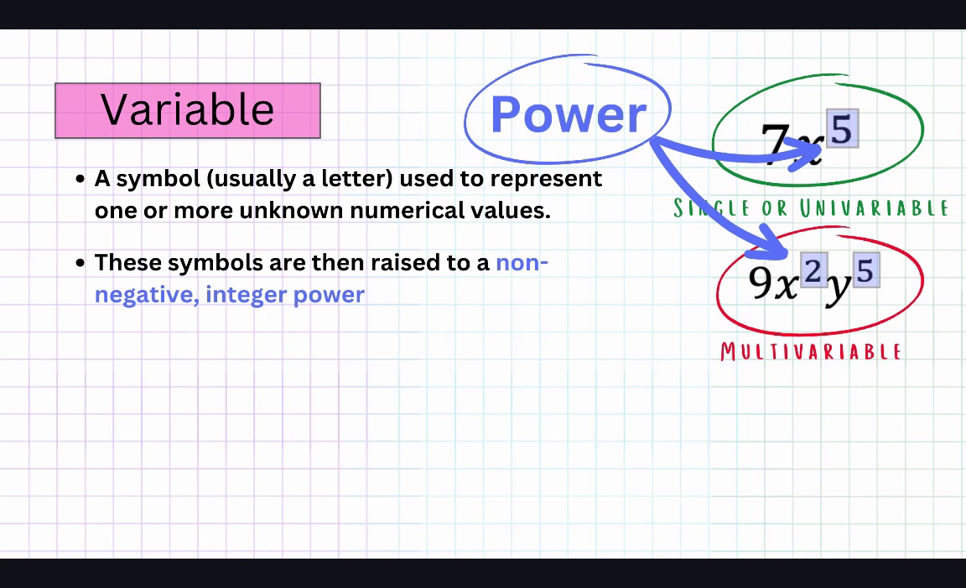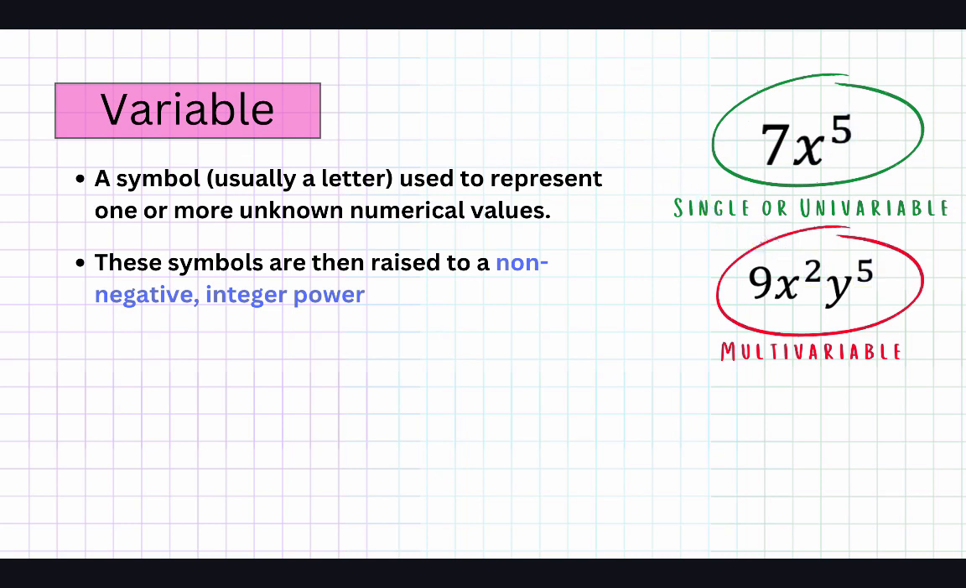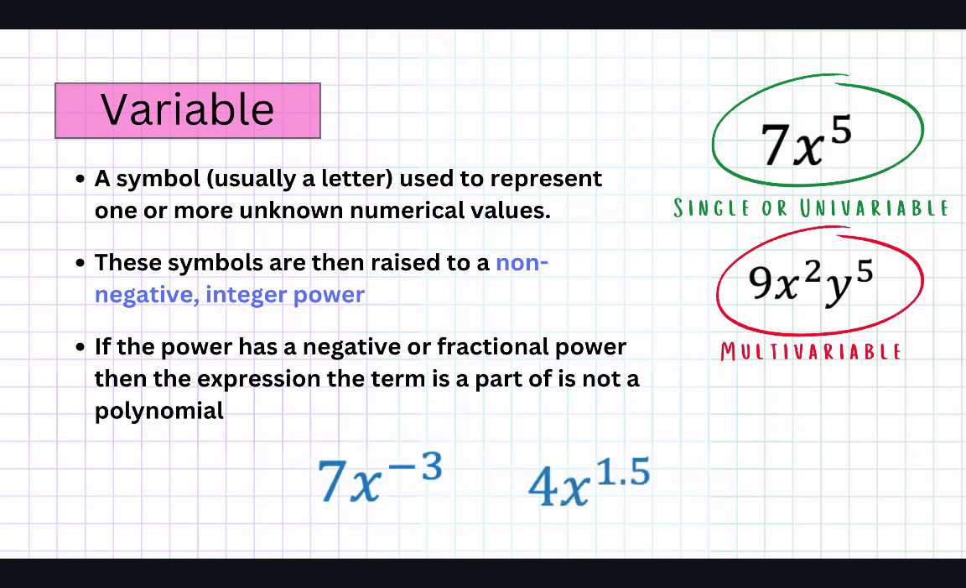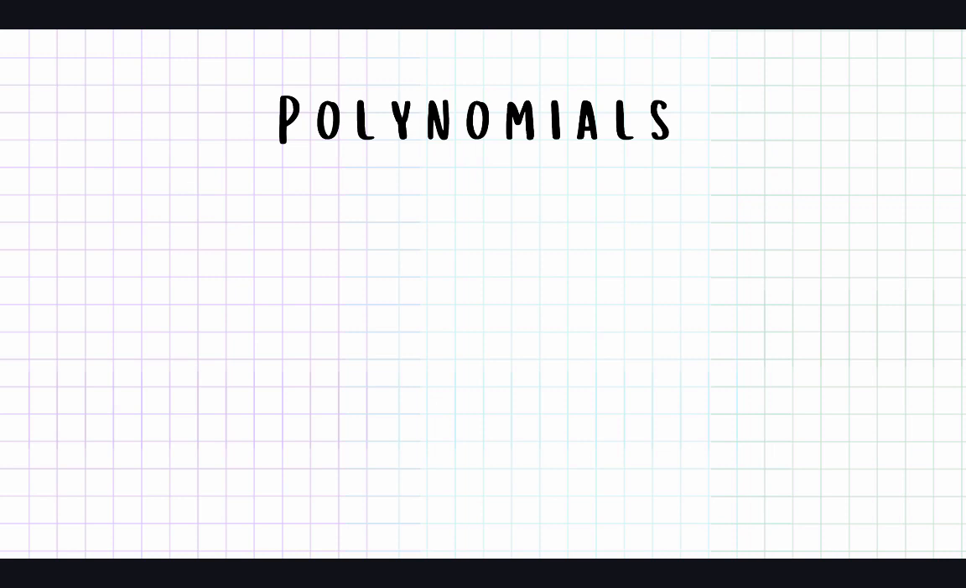As a side note, mathematicians call the set which contains only non-negative integers such as 0, 1, 2, 3, and so forth the set of all natural numbers. If a variable is raised to a power which falls outside of the set of natural numbers, for example -3 or 1.5, the expression that this term is part of cannot be classified as a polynomial. Okay, so that's the basic idea of a term, but there's a little more to terms that we'll learn in a minute. First, let's see how this basic idea of a term helps us understand the basic idea of a